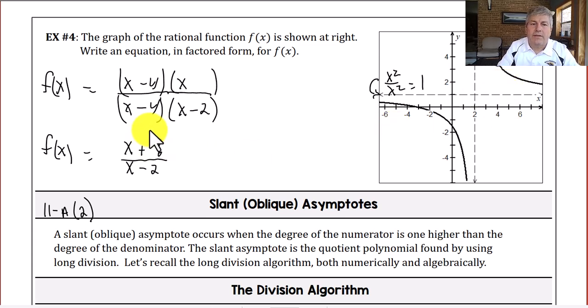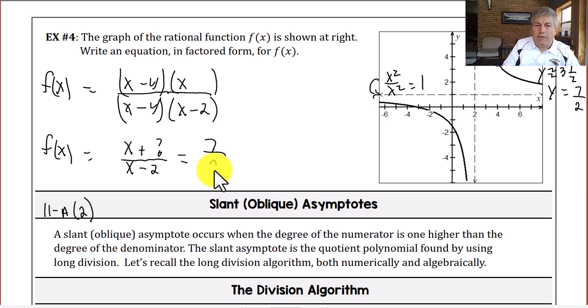To find out what that final factor is, let's take a closer look at the location of our hole in our graph. We determine that we have a hole at x equals 4, but what's that y-coordinate? We're just going to have to make an estimate here, but it looks like it's right around 3.5. So we have a y of approximately 3.5, or y is equal to 7/2. Which means then